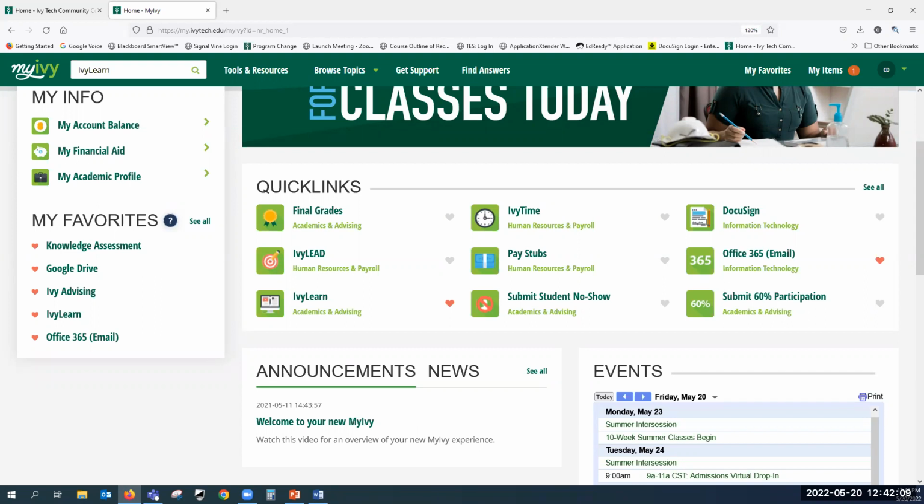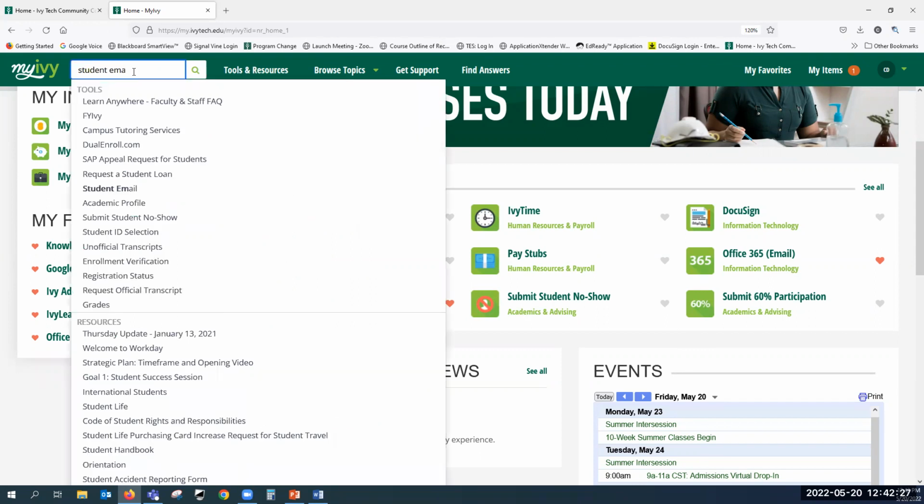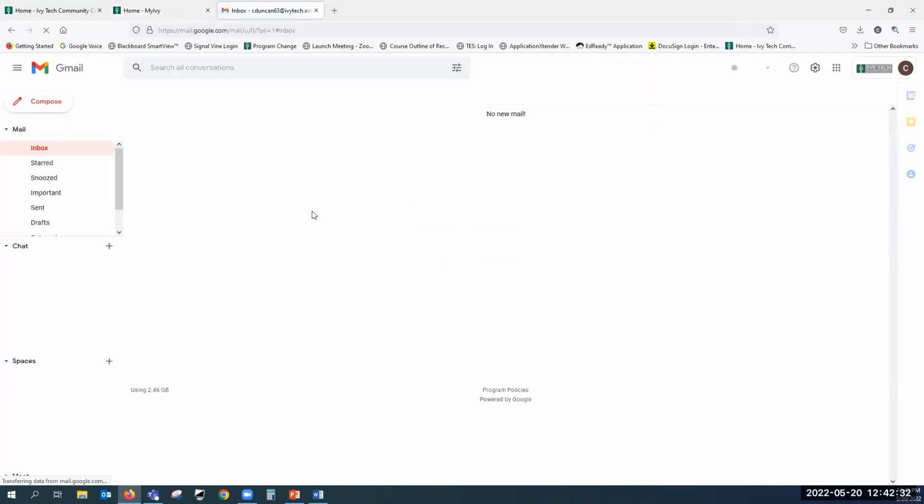Now, your Ivy Tech student email is run through Gmail, okay? So when you click on student email, it will take you to Gmail. Nope, it'd help if I spelled student right. I'm going to show you here. So student email. Okay, now mine is completely blank because as a staff member, mine is run through Outlook. But if you see, when you click on student email, it takes you to your Ivy Tech email address, which